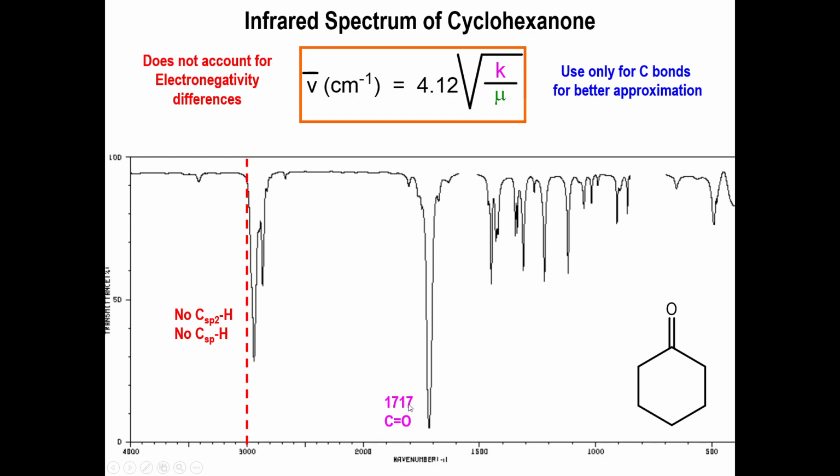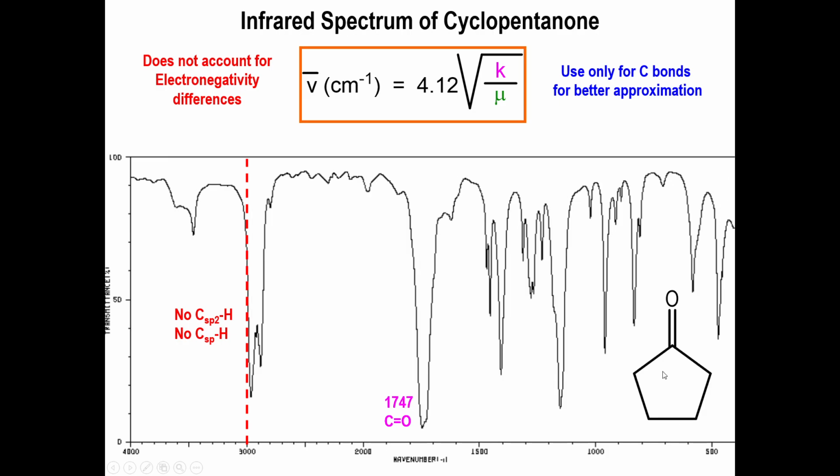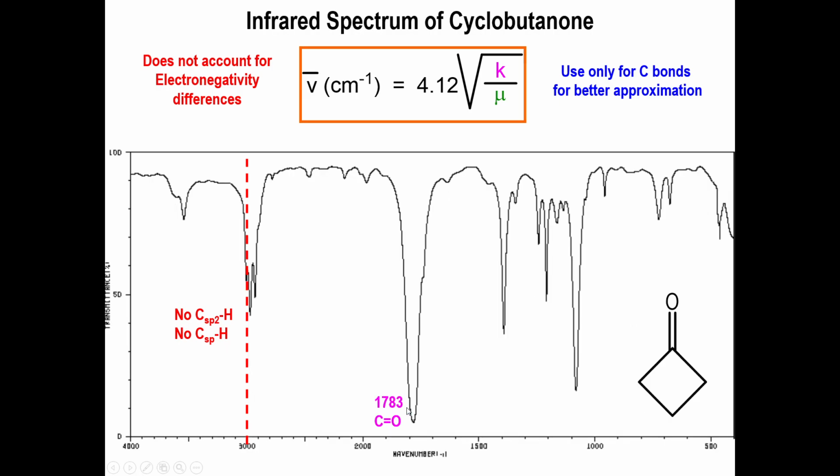But when the ring becomes a little bit smaller and the bond angle inside of the ring becomes more acute, you start seeing the carbonyl peak go up in value. Right now we went up by about 20 inverse centimeters. And if we decrease the ring even lower to a four-member ring, we see this bump up by another